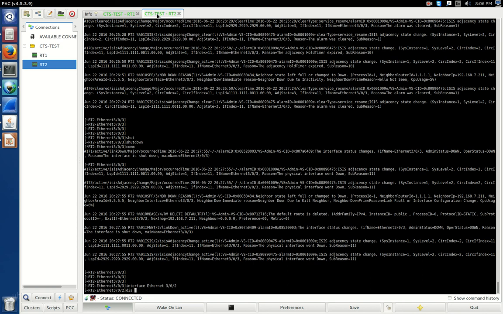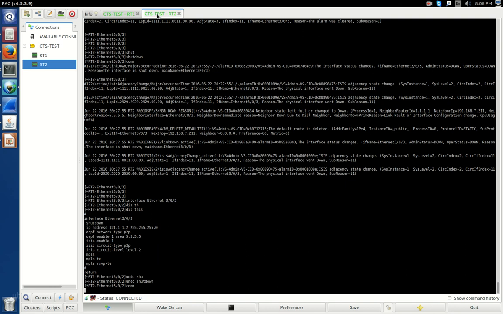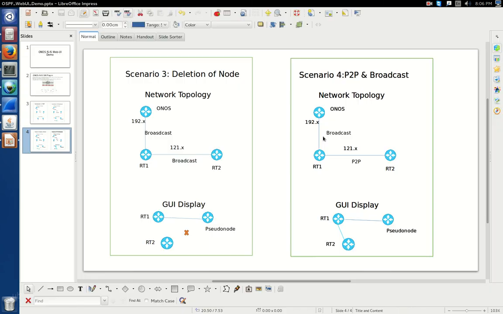We would enable this interface. We would still be in the broadcast network, as we have given, so we don't have to make any changes on our network.